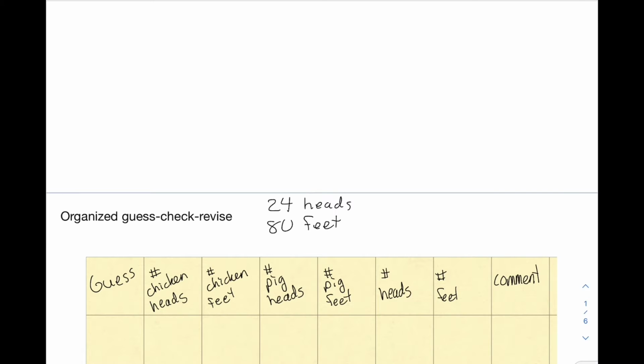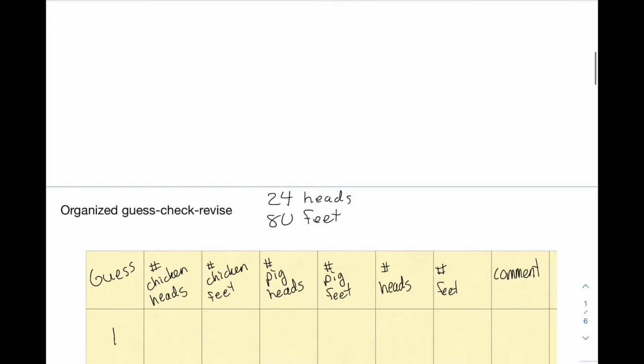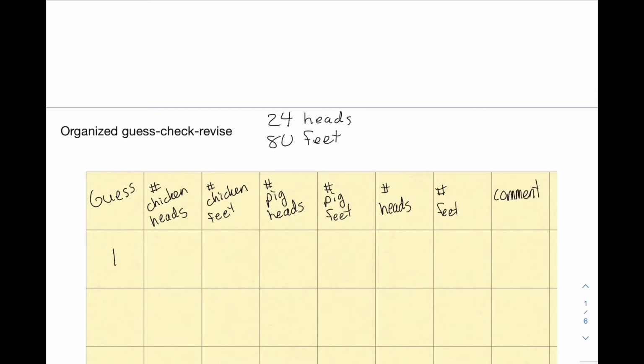So guess number 1, I'm going to just split the difference. If I have 24 heads, I'm going to say that I have 12 chicken heads and 12 pig heads. I know that every chicken has 2 feet, so that's a total of 24 feet, and every pig has 4 feet, so that's a total of 48 feet. So I have a total of 24 heads, so that's good. And then the number of feet, let's see, 48 plus 24,